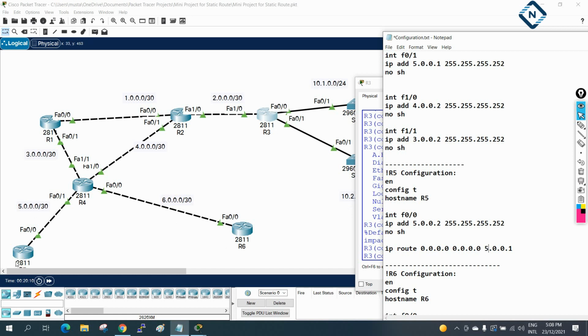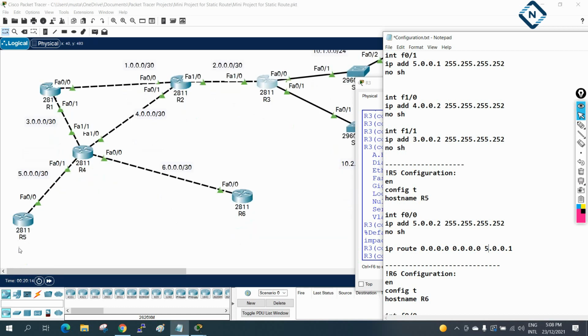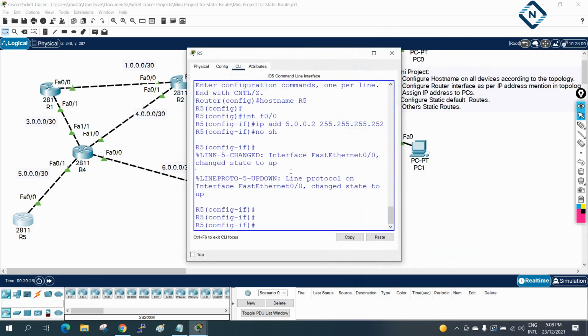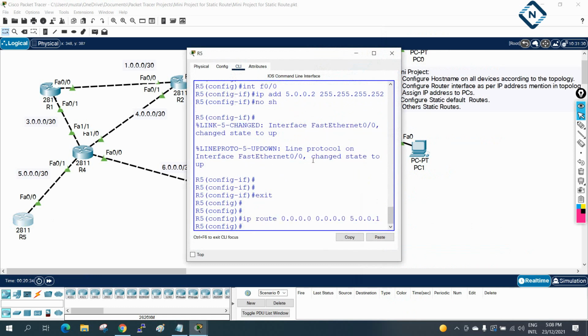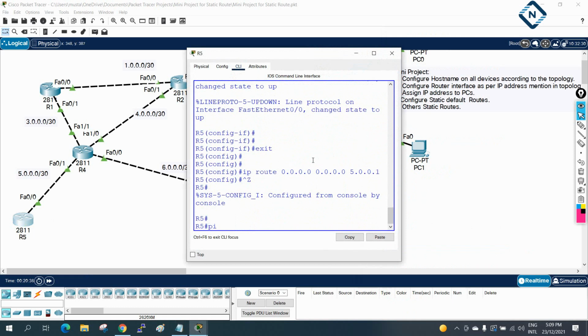I am saying if anything is coming from the LAN network, we don't have LAN network. Later if we add anything, that all traffic we need to forward here, 5.0.0.1. Okay, here this point. If you want, I will paste also. Let me paste this in the R5. So I will go here, exit, and then I will paste here. If you see now, I can ping